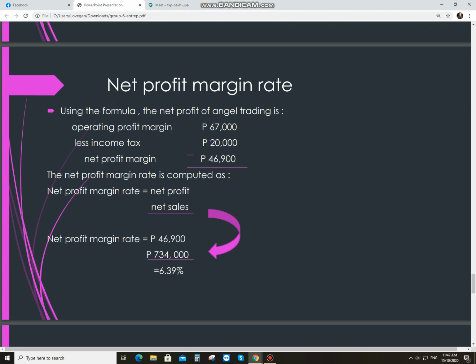Using the formula, the net profit of Angel Trading is 67,000 minus 20,100 is equal to 46,900. So 46,900 is our net profit margin. Then to get the net profit margin rate, we just need to get the value of net profit divided by the value of net sales. So 46,900 divided by 734,000 is equal to 6.39%,